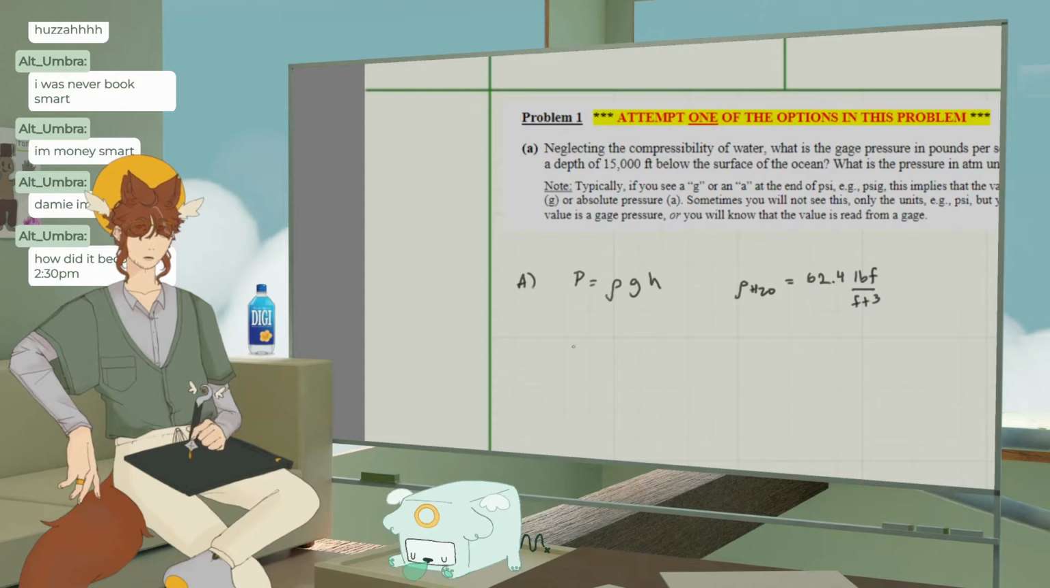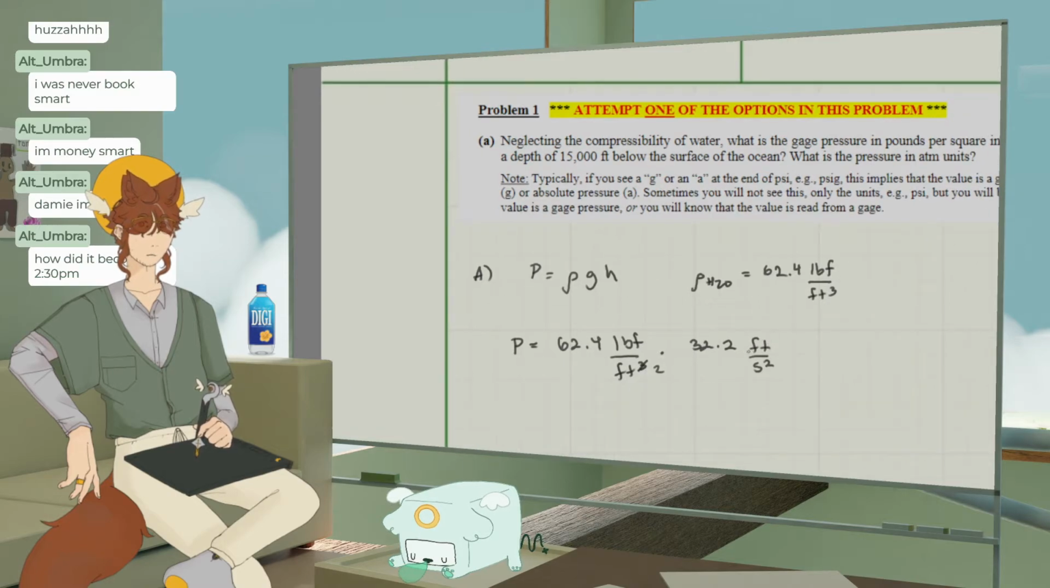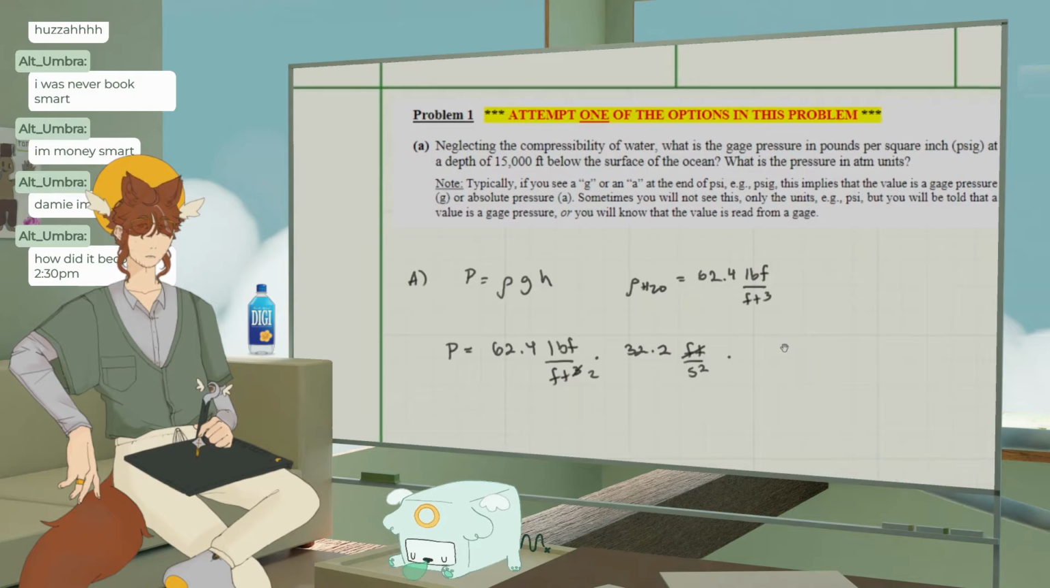I will have to say P equals 62.4 pounds force per feet cubed times gravity, which is 32.2 feet per second squared. So that gets rid of that. We're getting close to that. Times the height. Wait, why is